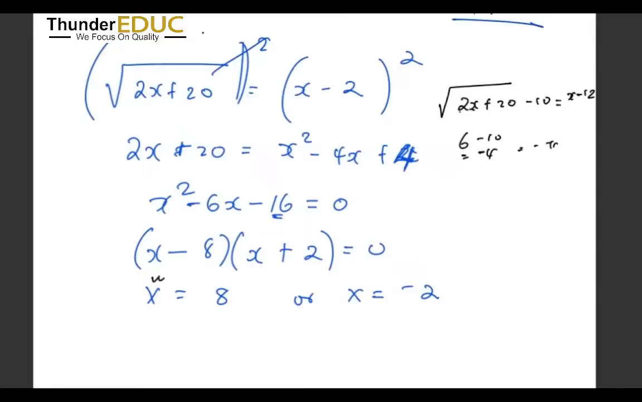Let's try to use negative 2. Negative 2 times 2 is negative 4, plus 20. That becomes the square root of 16 minus 10. On the right-hand side, it's negative 2 minus 12, which gives us negative 14. So those are two different values. So I'll cross this out, or I'll say the solution does not apply. All right, so that is